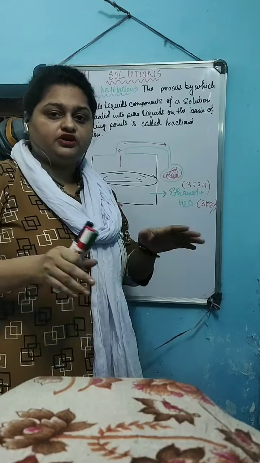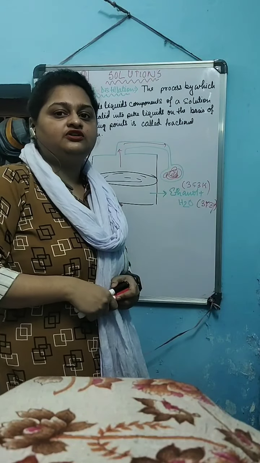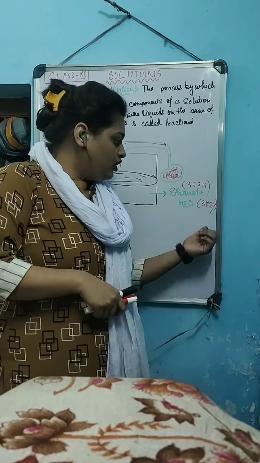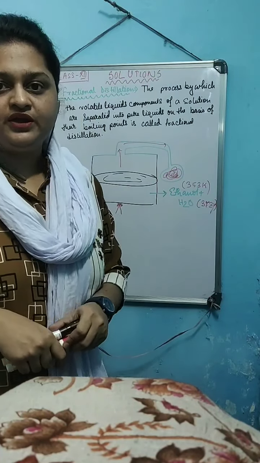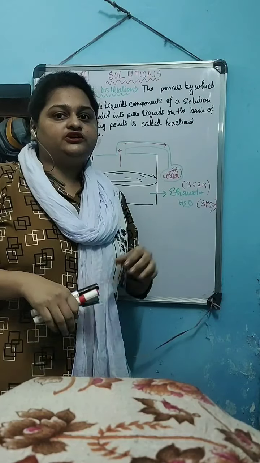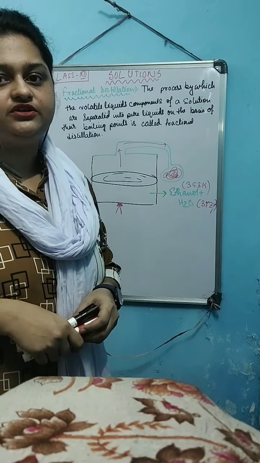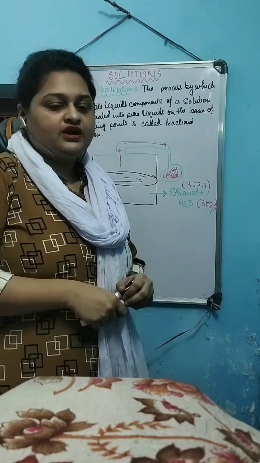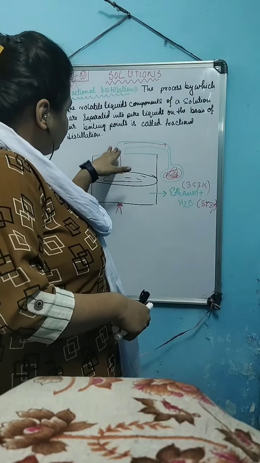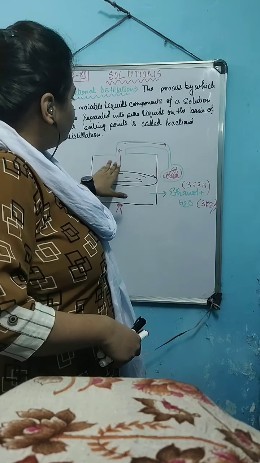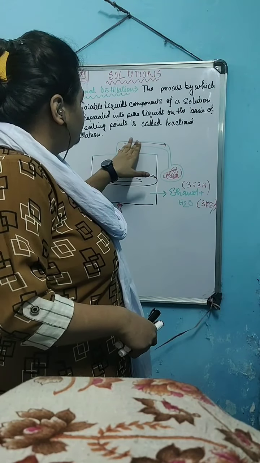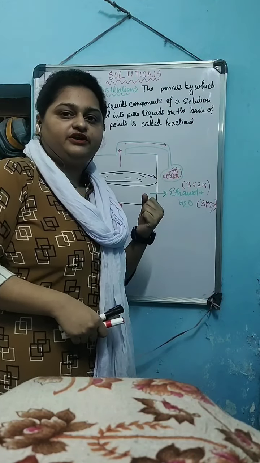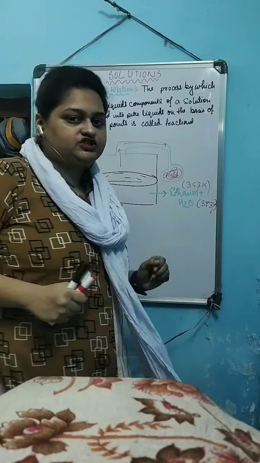but not the H2O, because the boiling point of ethanol is around 353 Kelvin, but the boiling point of water is around 373 Kelvin. As we are boiling the entire solution at around 373 Kelvin, obviously the evaporation of ethanol will happen much more compared to the H2O. That's why when the evaporation of ethanol happens, it will move into this conical flask through this L shape, and it will separate out from this solution mixture.